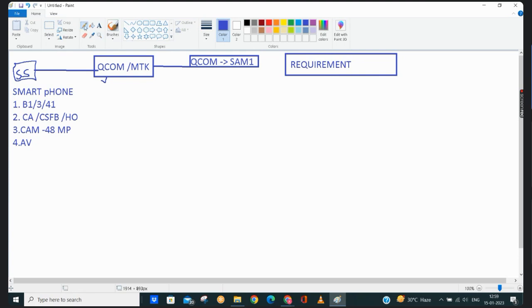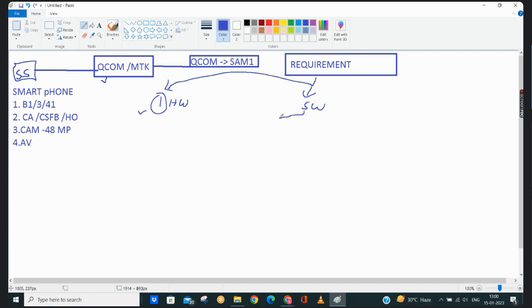Which two parts do we need? First one is hardware and second one is software. Okay, now leave that hardware part because we are not part of hardware, we are part of software.